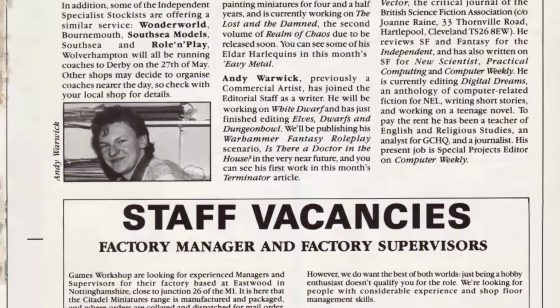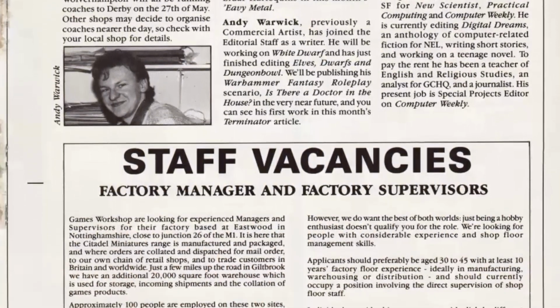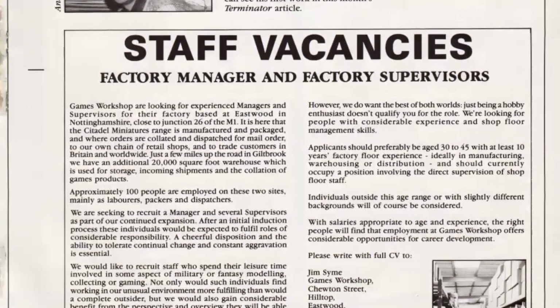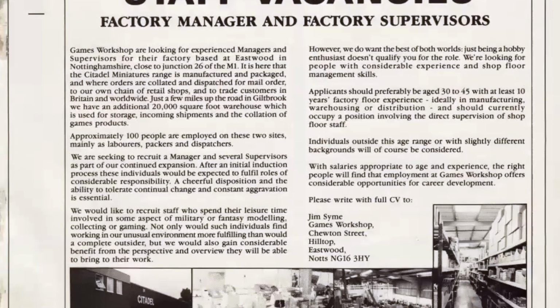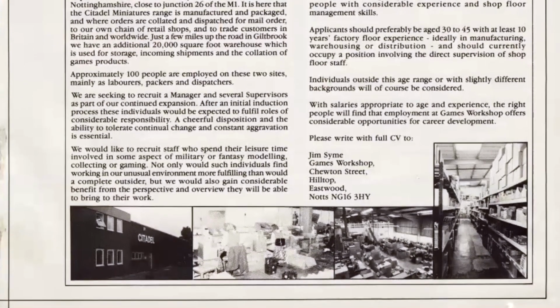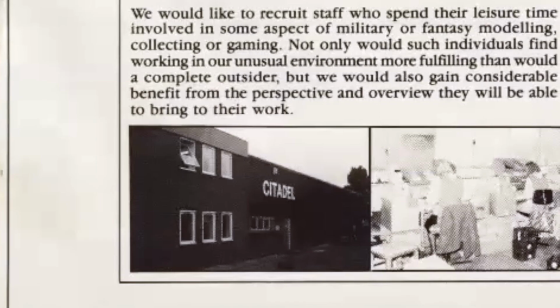So the news is kind of nice. The other thing, which goes counter to what I just said before about a small team, I never even noticed, is flipping back through the pages here. If you look at the bottom of the next page, you're looking at an ad where they're looking for staff